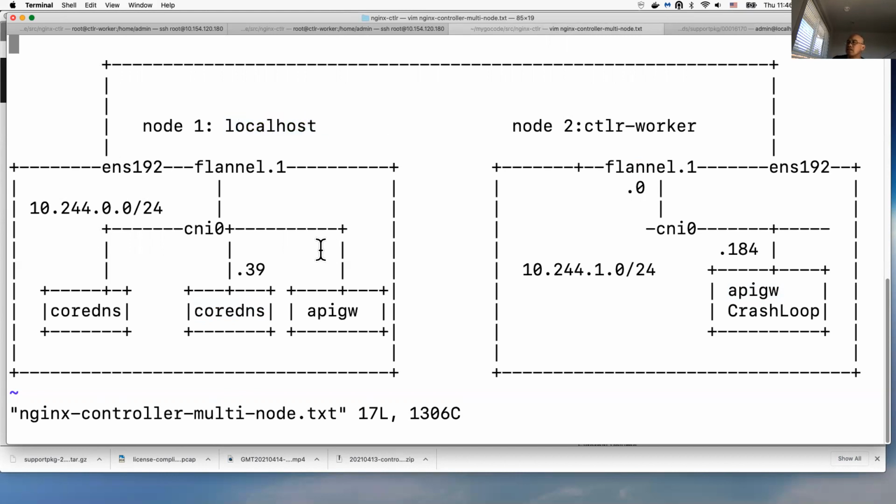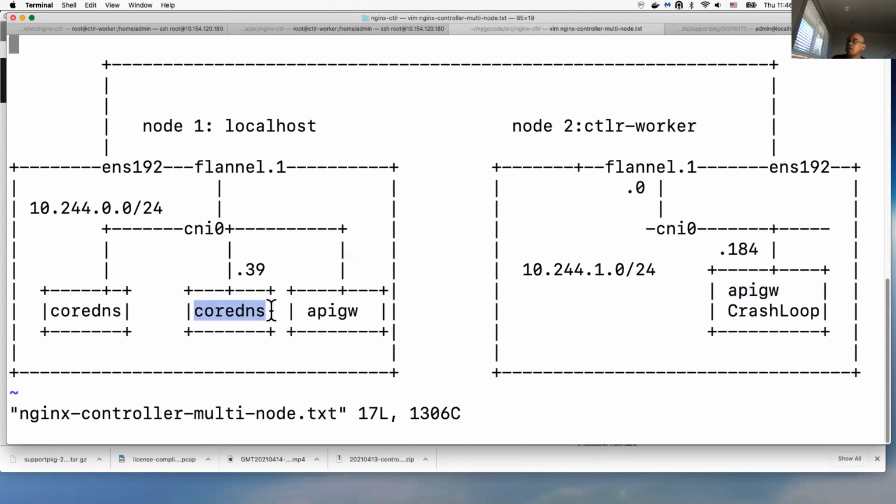So in this scenario, the CoreDNS pod runs in the node localhost. There's no CoreDNS pod in this node 2 controller worker. So for this API gateway that is crashing loop, this API gateway needed to contact the CoreDNS here